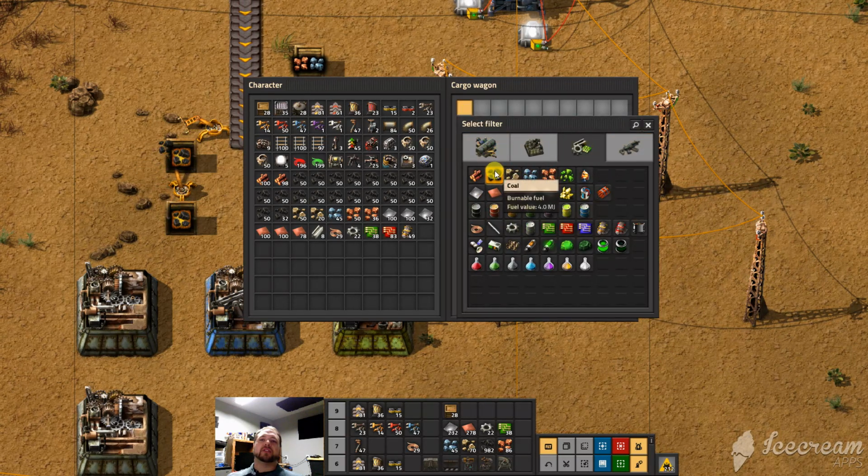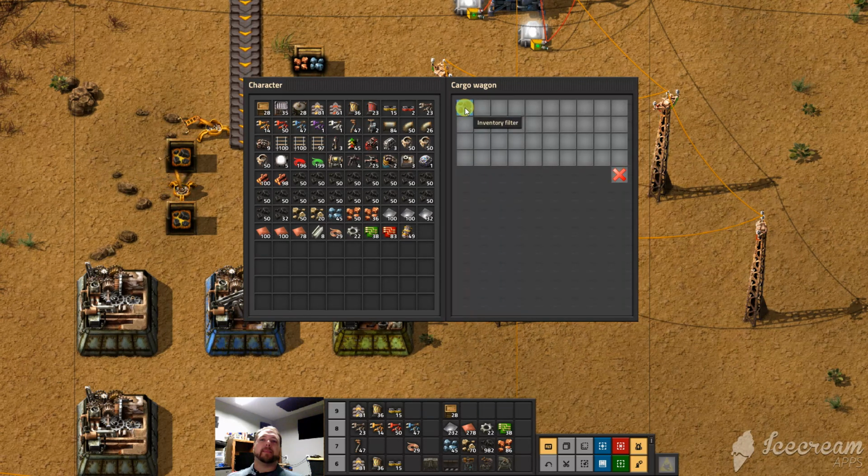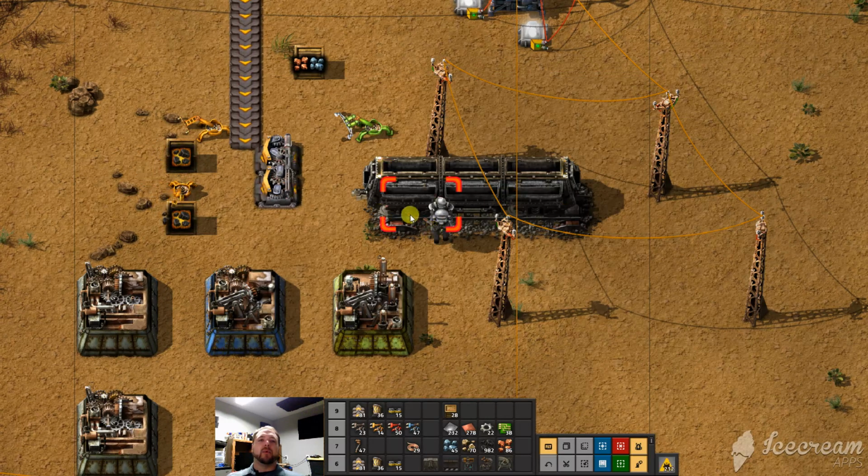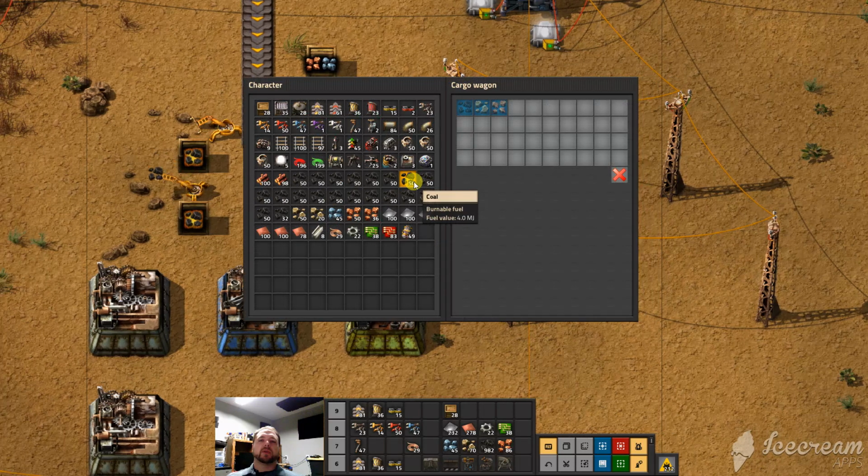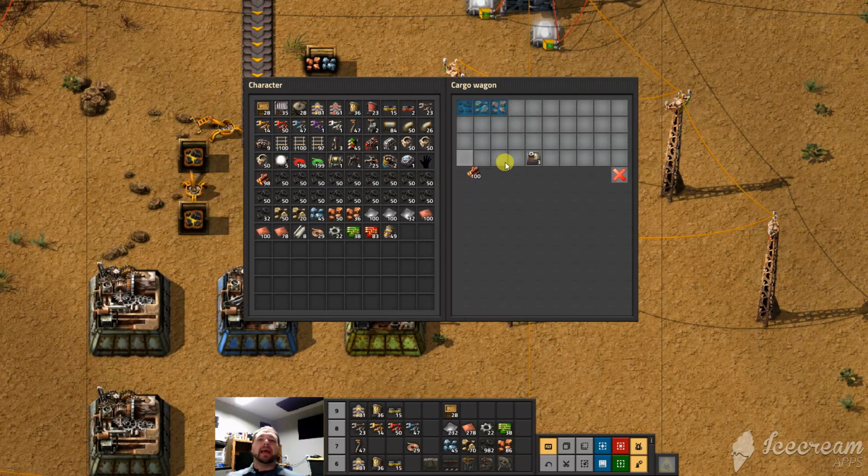can select a filter to where only coal will go in that box, and only rock in that box, and only copper in that box. It's really important as you get more advanced train stations. The other way you can do it, if you already have some objects in the train, a middle